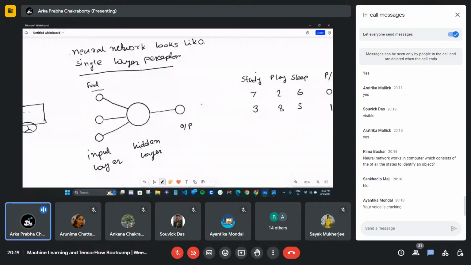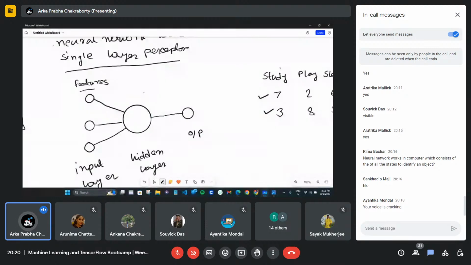And how to calculate the features based on that, I will consider, okay, this person will pass and this person will fail. So what our neuron does actually, or how the calculation is done, I will not go into the deeper part of the calculation, but for now, for simplicity's sake, I will just give you an overview.